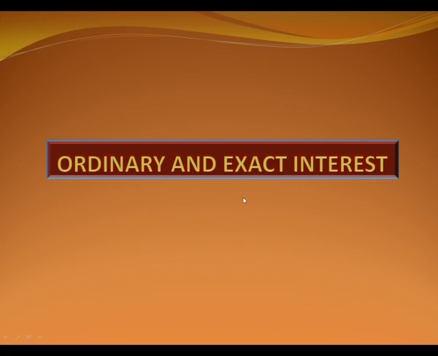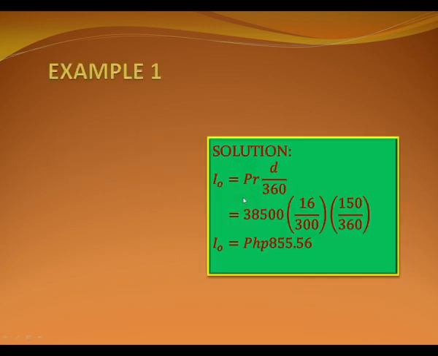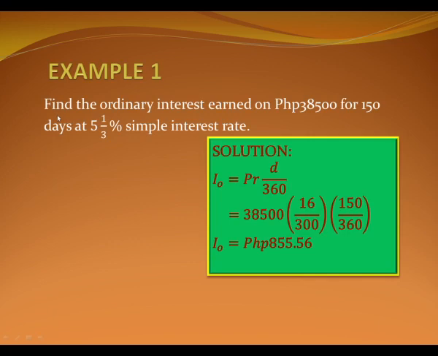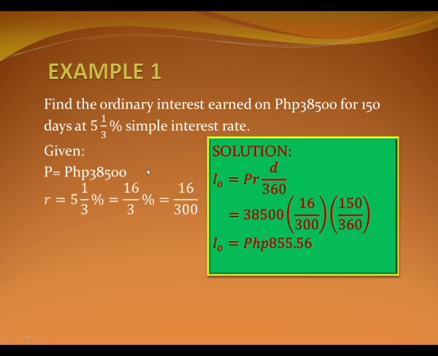So we will discuss some examples. The first example is that we have to find the ordinary interest earned on 38,500 for 150 days at 5 1/3% simple interest rate. Obviously, the given period of transaction here is 150 days. Similarly, we have to identify the given, then the principal given here is 38,500, and